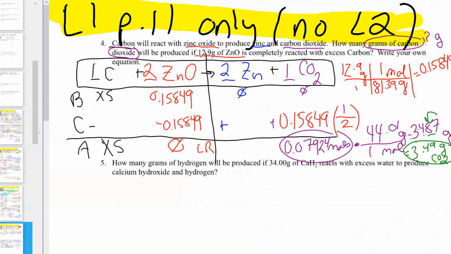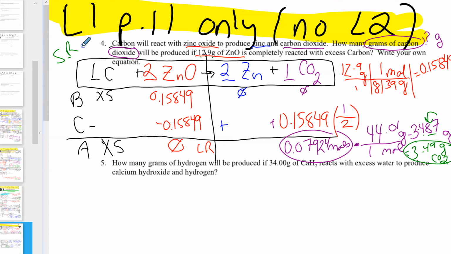This one's longer. I've got some of them set up for you already. And let's just go through these. So number 4. Carbon will react with zinc oxide to produce zinc and carbon dioxide. How many grams of carbon dioxide will be produced if 12.9 grams of zinc is completely reacted with excess carbon? Write out your own equation. Well, I've done some of that for you. In a quick test, what type of reaction is this? We've got a single element kicking out a different single element. That looks like it's going to be a type of